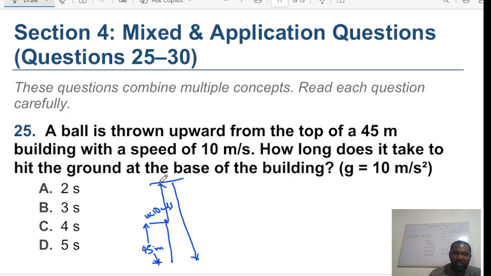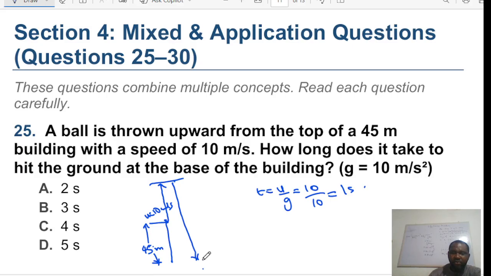Now, first off, the time it takes to go up, t is u over g, since the final velocity at this point is 0, so we can simply use this formula. The initial velocity is 10, so 10 over 10, which is going to be 1 second. You see that? And so since it got here,